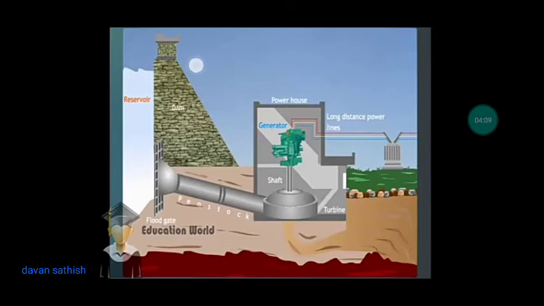To construct the dam is a very difficult process. It takes a long time and it destroys a lot of trees in the particular region. Mostly these types of dams can be constructed easily in mountain areas. When two mountains are present, if you construct one wall in between, it will be very easy.